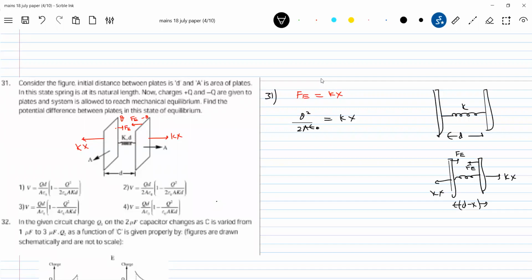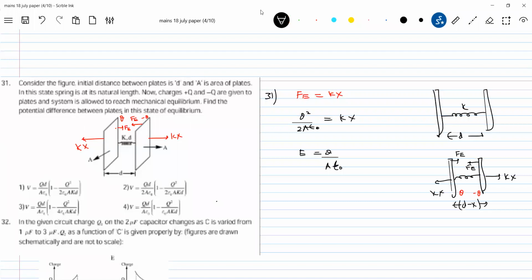That's what happens here. So what will happen to the charge? Now what is being asked? Find the potential difference between the plates in the state of equilibrium. What is the electric field? Equal to Q by A epsilon naught. Will anything happen to the charge? I think it's an isolated charged system, no? Isolated capacitor. So whatever charge is given will remain as it is. As the separation between the plates varies, what will happen to the charge? Charge will remain as it is. There won't be any change in that one.